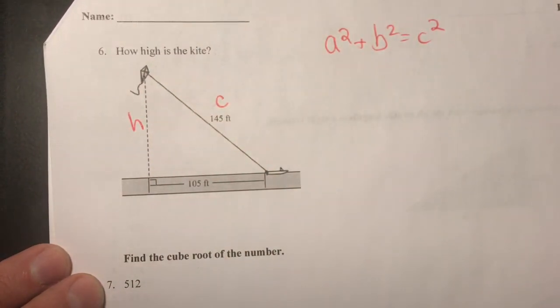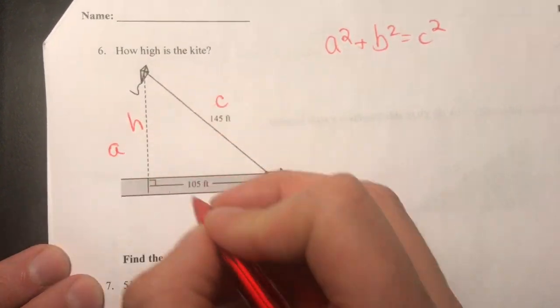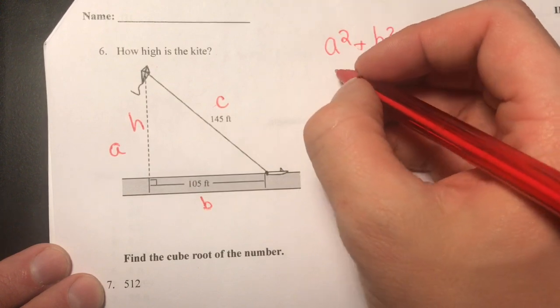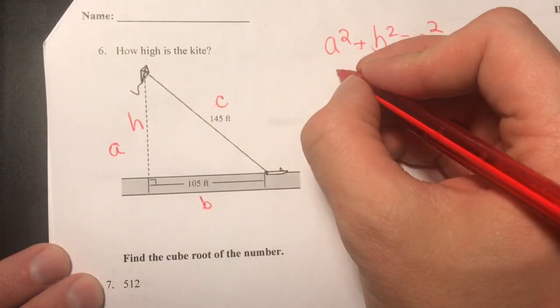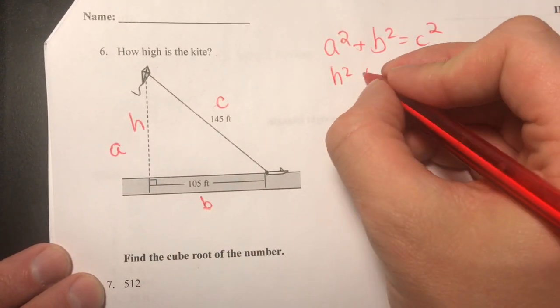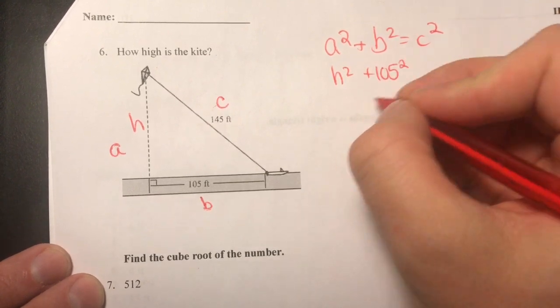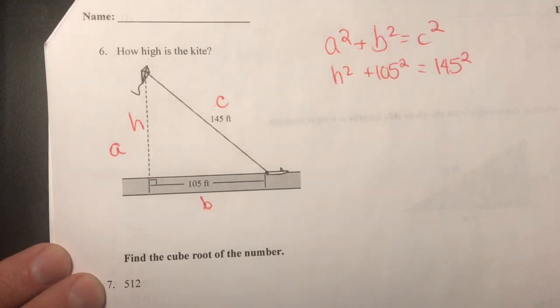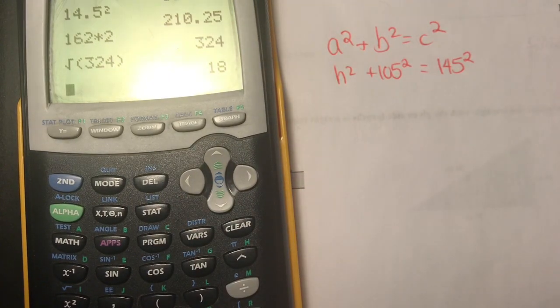We have to call you c because it's the longest. So I'll call you a and I'll call you b because it doesn't matter which is the longest, as long as the longest one is c. A is h squared. B is 105. We'll square it. C is 145. We'll square that. 105 squared